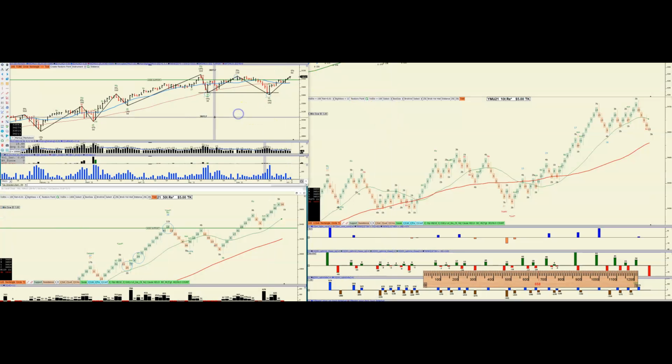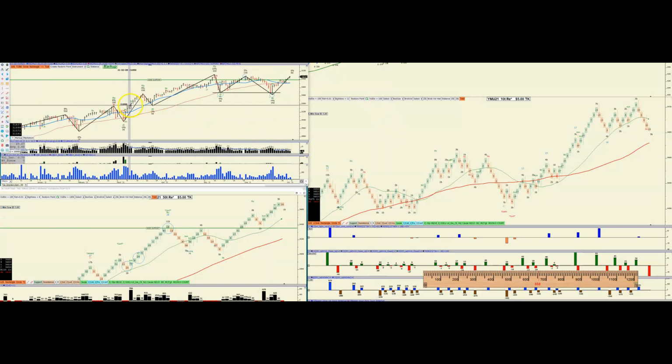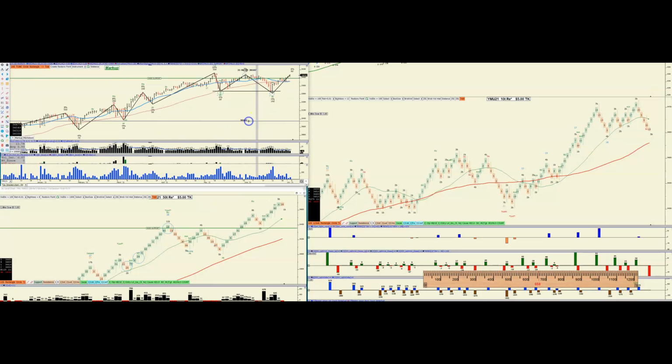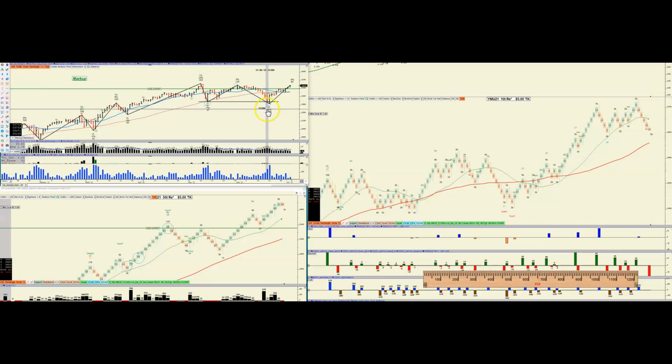All right. So what is the first thing you notice? The trend is up on the daily. Basically, it's in markup and it's coming from a spring. All right, and how do you know this is a good spring, by the way? That's important to understand, because just because it dips on the support, you don't really know if that's going